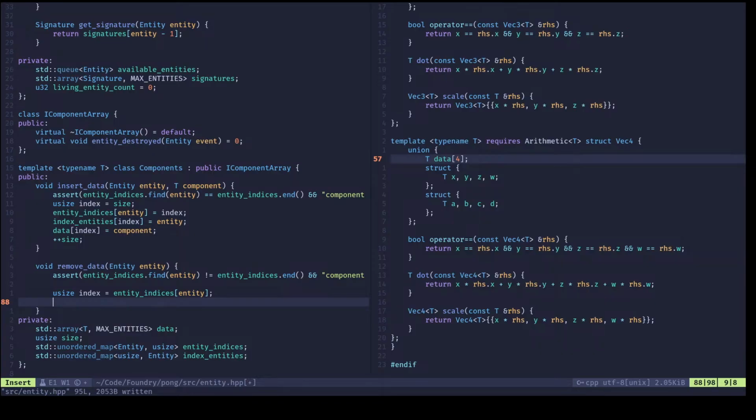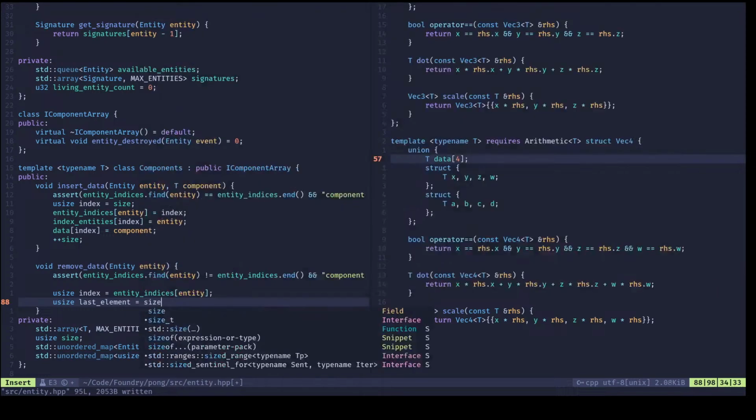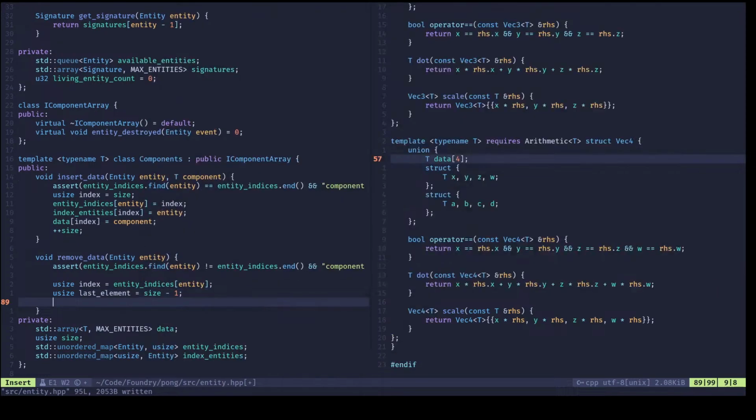Why would that? Interesting. Not sure why. So data, let's see, index equals,